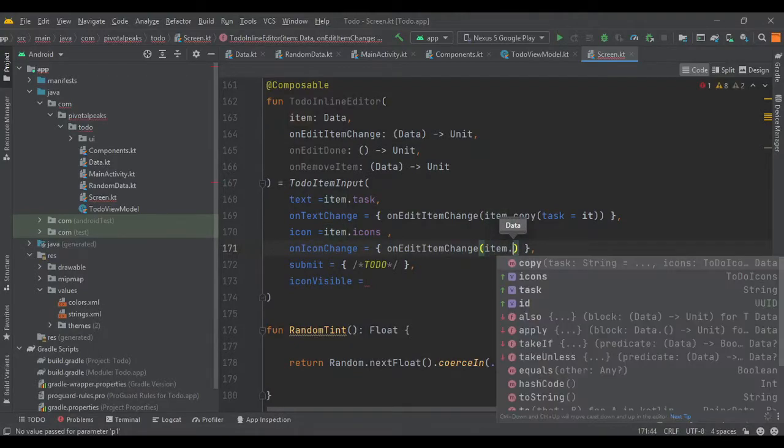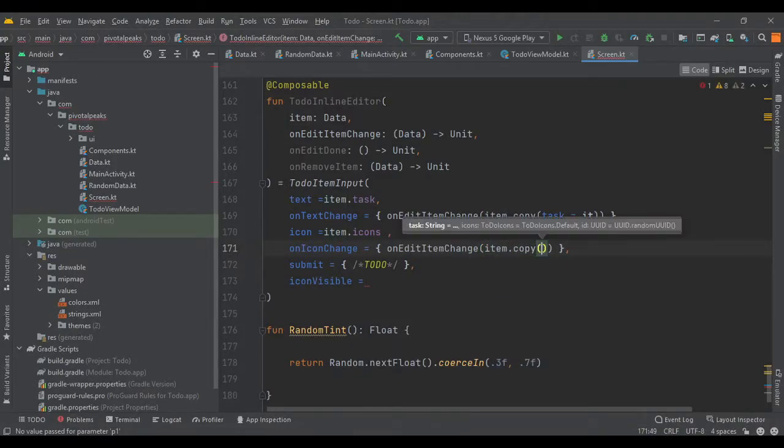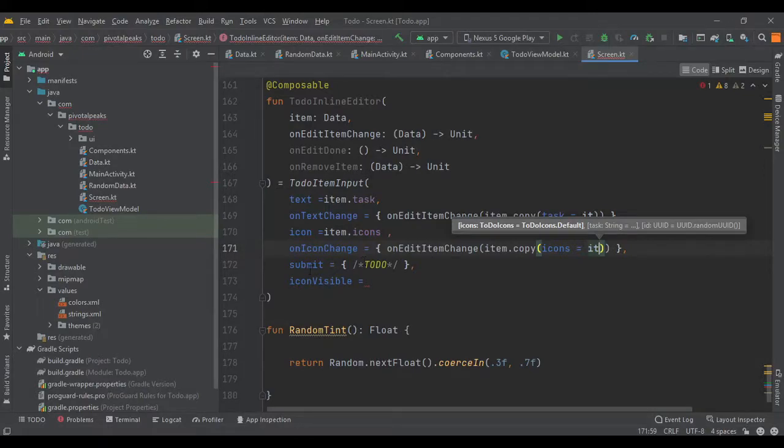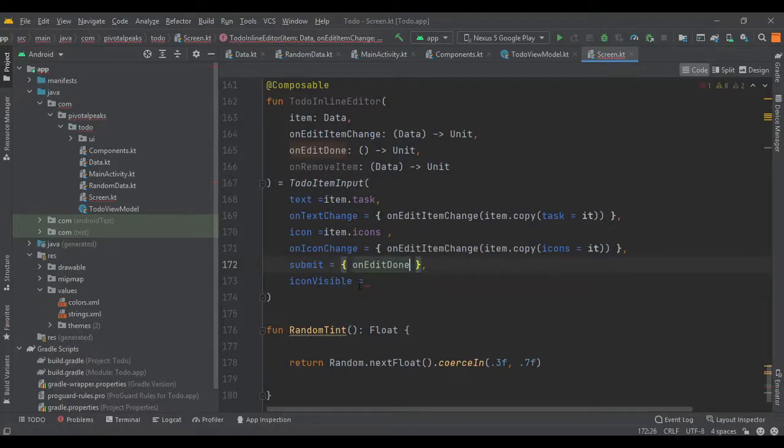So item dot copy, and instead of task we are going to provide the icon equals it, and for submit we are just going to provide the on edit done, and icon visible is going to be true. It is just a boolean value.